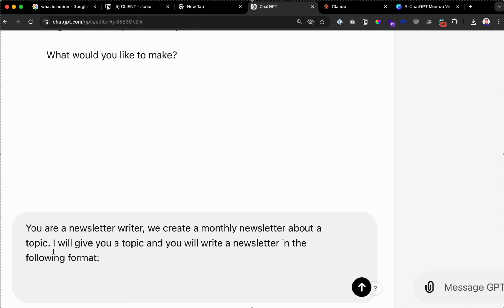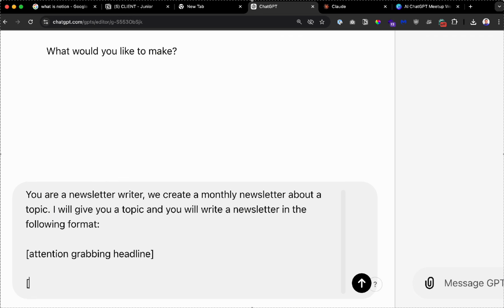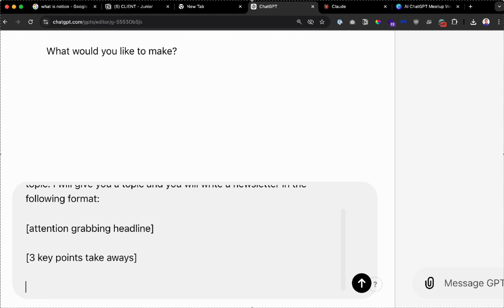Cool. So I'm doing Shift Enter, which allows me just to kind of space it out for aesthetics. I'm going to say, here is the attention grabbing headline. Then we do a 3 key points summary, or like 3 points takeaways. An easy to understand